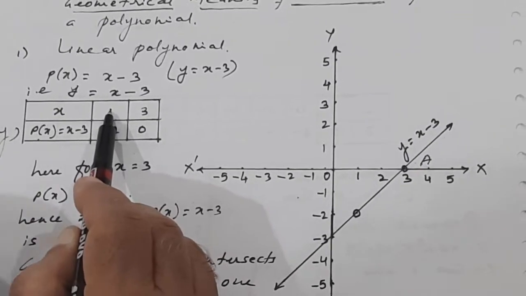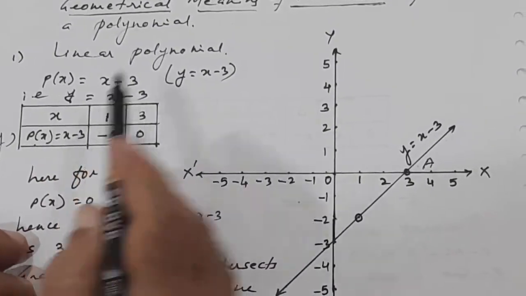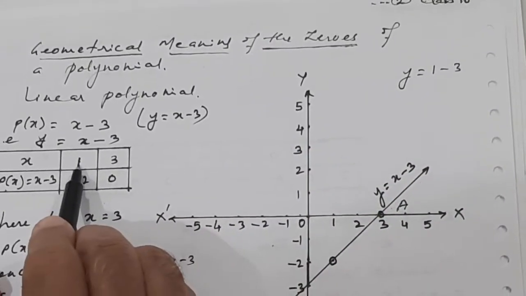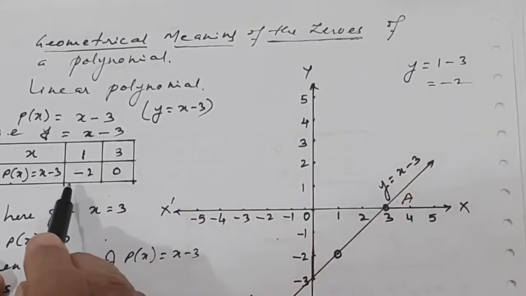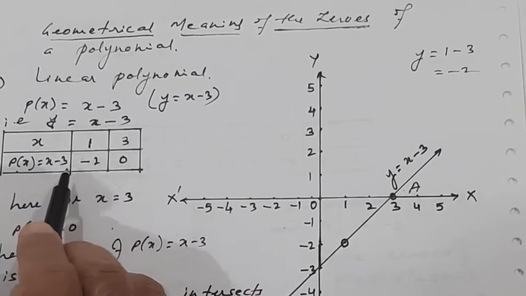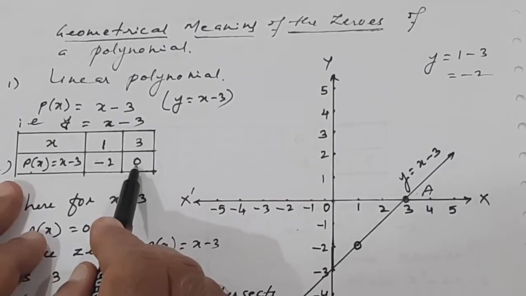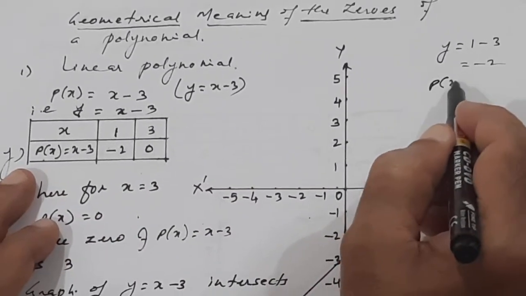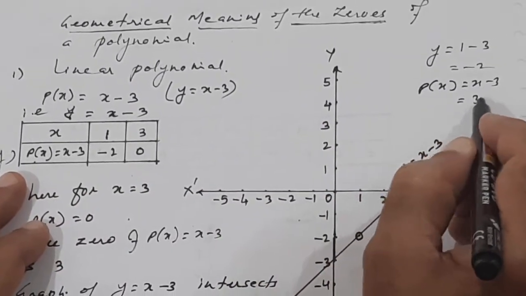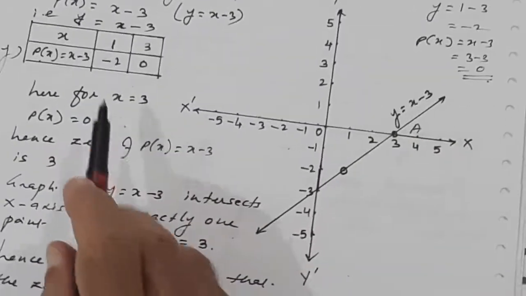And how are we finding the value of the polynomial? Like that, we have to find the value of y. So take x is equal to 1. Now y is equal to 1 minus 3, because x is equal to 1, so 1 minus 3 is minus 2. So in this way we get the value of y. Actually y value means it's a value of polynomial. Now here I have taken x is equal to 3 and then y becomes 0. That is p of x is equal to x minus 3. You have to take it from your mind. 3 minus 3 is 0. So value becomes 0. Now these are the x coordinate and y coordinate.